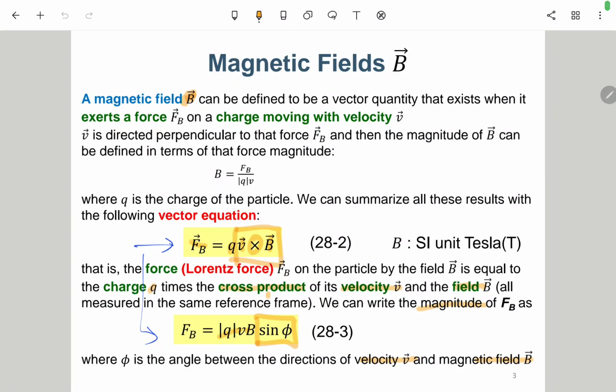Okay, so let's continue. Last time I forgot to mention, as we introduced a new variable, namely the B field, that the SI unit is important. For the B field, the SI unit is Tesla. Yes, actually the brand name you are familiar with, Tesla. Tesla was a physicist who invented the